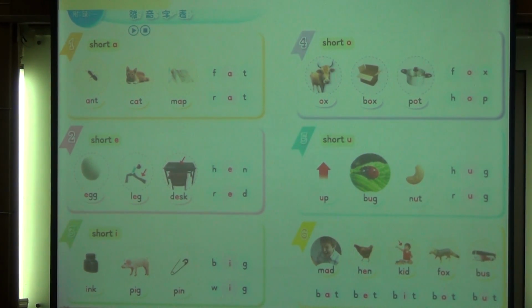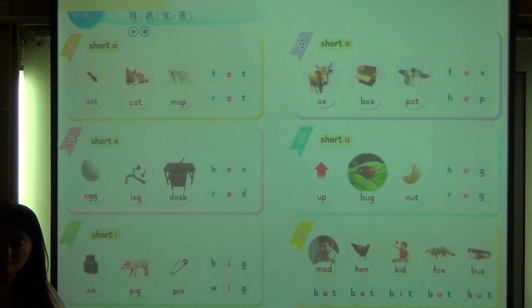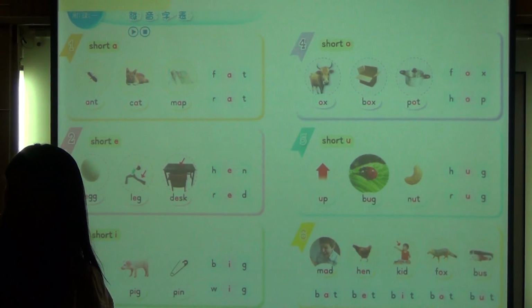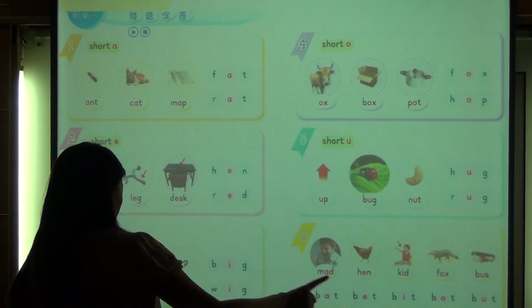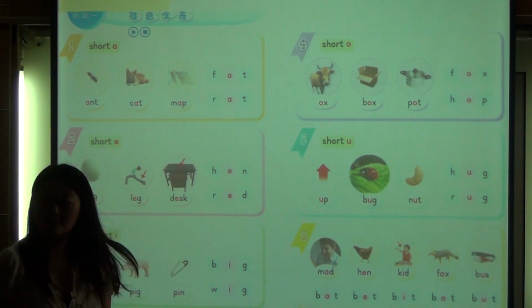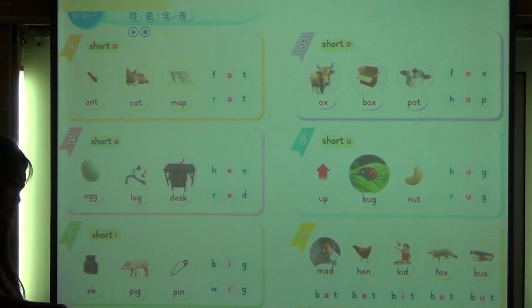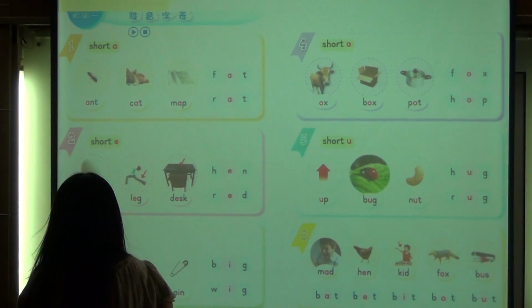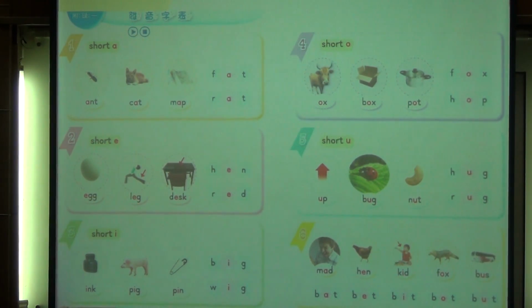Okay, gentlemen, you are number 1. And girls, you are number 2. You two are a pair, and you two are a pair, you two are a pair. 1, 2, 1, 2, 1, 2. So you're going to read the word list and take turns, okay? Number 1, you start from